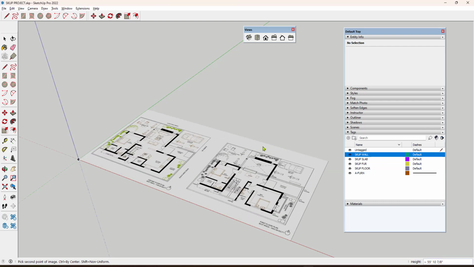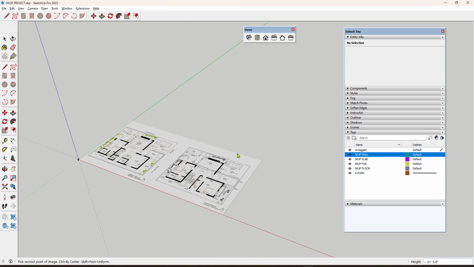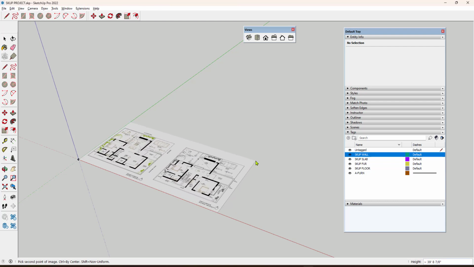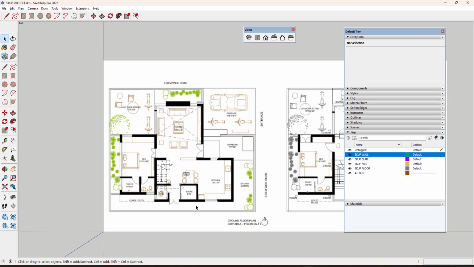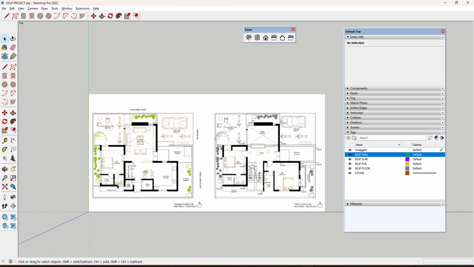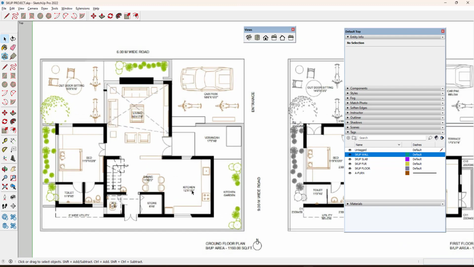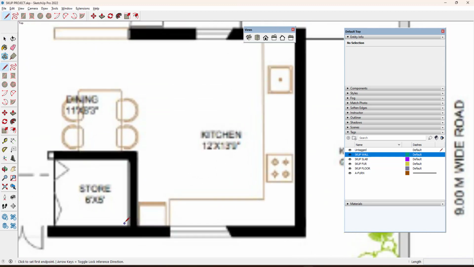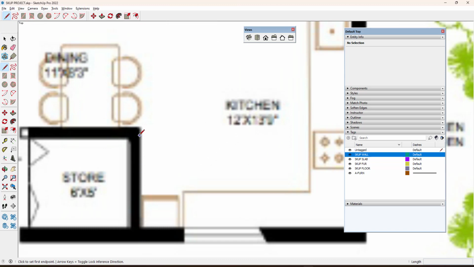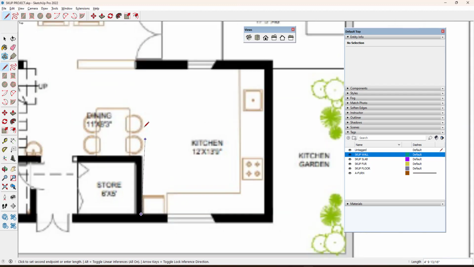Now as this is an image, we can't give the dimension. I'm just clicking it roughly and then go to the top option. So you can zoom. You can take any dimension which is properly visible. So this is about 12 feet. Okay, so I just draw the line. As it is an image, we can't do it accurately, but we can go with the nearest. This is a line like this.